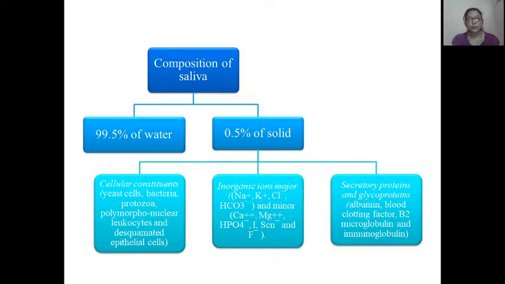It consists of 99.5% of water and 0.5% of solid, which includes various cellular constituents, various inorganic ions, major and minor ions, and various secretory proteins and glycoproteins. Among the cellular constituents, there are various yeast cells, bacteria, protozoa, polymorphonuclear leukocytes and desquamated epithelial cells. Various major and minor ions, inorganic ions: sodium, potassium, chloride, bicarbonate, magnesium and calcium, and various secretory proteins and glycoproteins which include albumin, blood clotting factors, B2 microglobulin and